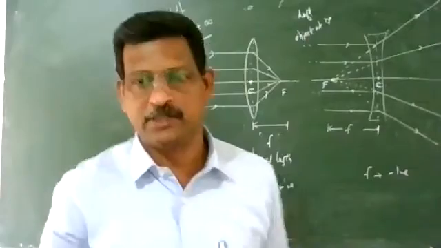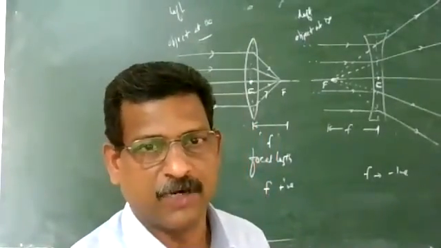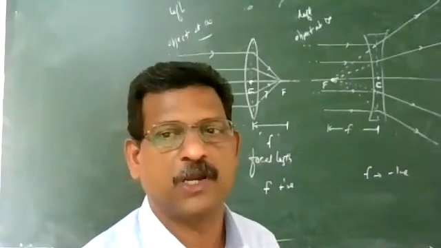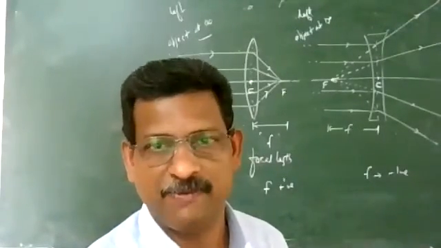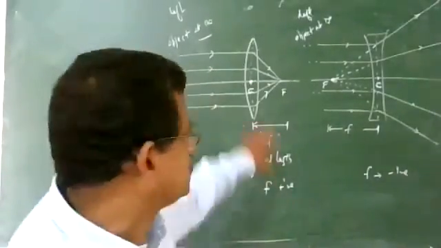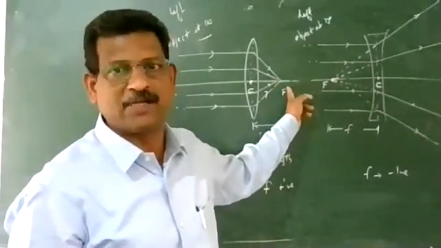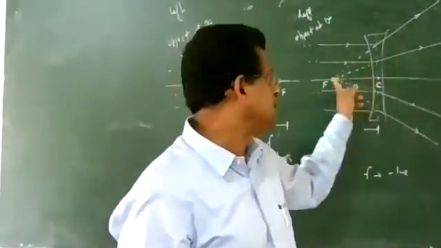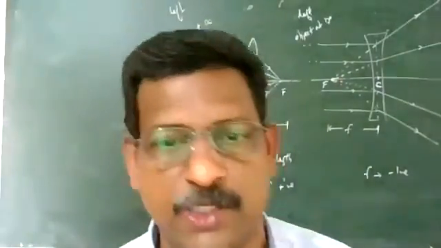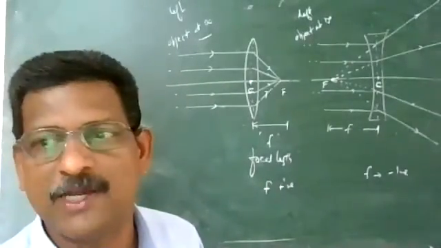This lens is diverging the light rays, so we can call it a diverging lens. Converging lens: convex. Diverging lens: concave. The focal length of convex is positive, and the focal length of concave lens is taken as negative as per sign convention. So the definition of principal focus: the rays parallel to the principal axis after refraction converge to a point on the principal axis in the case of a convex lens, or appear to diverge from a point in the case of a concave lens. This point on the principal axis is called the principal focus. So by convention, f of convex lens is positive, f of concave lens is negative.